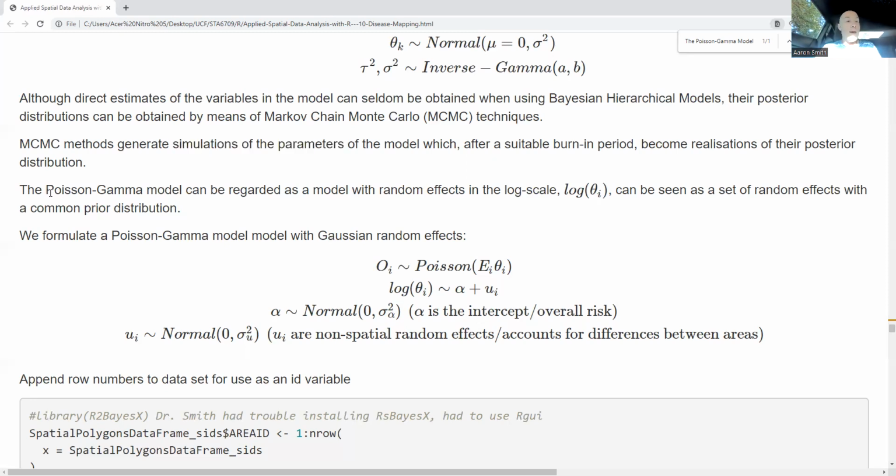All right, so the Poisson-Gamma model can be regarded as modeling random effects in the log scale. So we have the log of relative risk, and this can be seen as a set of random effects with common prior distribution. All right, so how do we set this up? We're going to say that our actual observed counts are Poisson random variables of the expected value times the relative risk. Log of relative risk is equal to an intercept plus